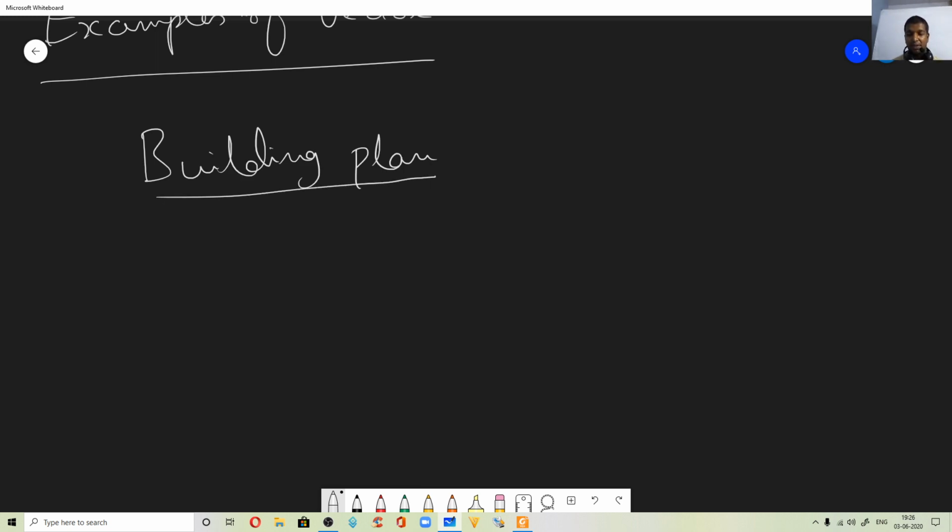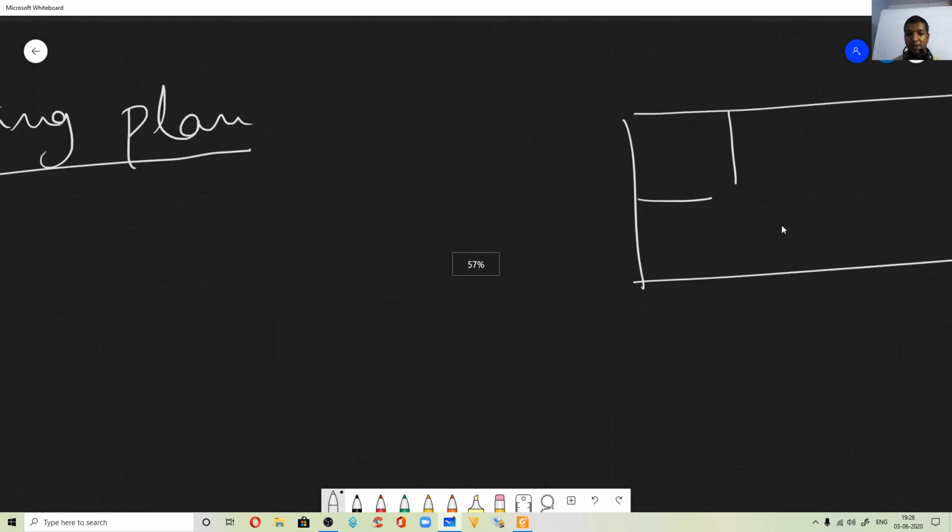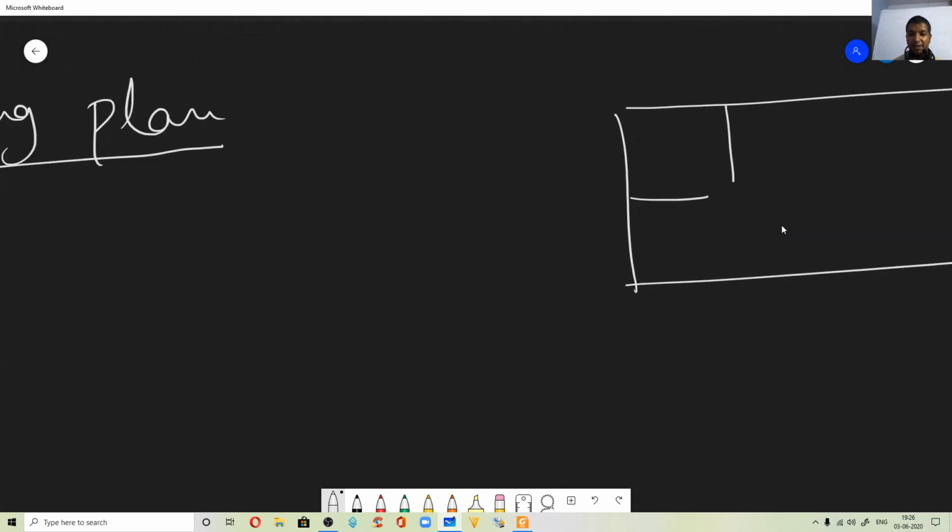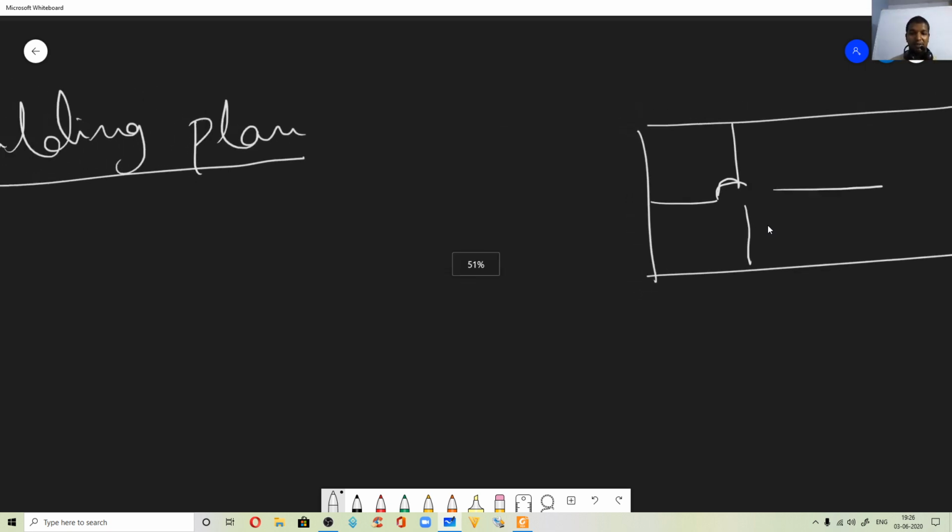So I think you would have seen, this is the plot. Next they'll divide it, so this is a room. This corner they will usually mark like this. There will be a door like this, which tells you that it is a door. And they'll leave spaces like this, so this is an opening. It's just like you're observing the ground floor from the top floor. Just imagine like that.